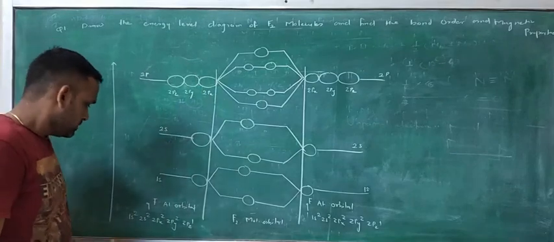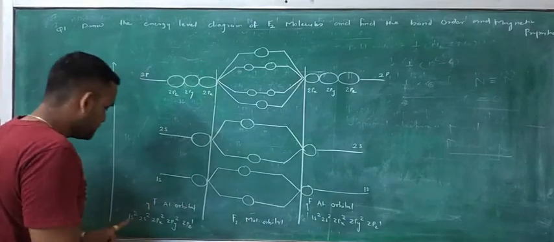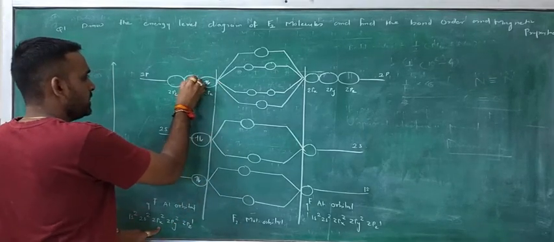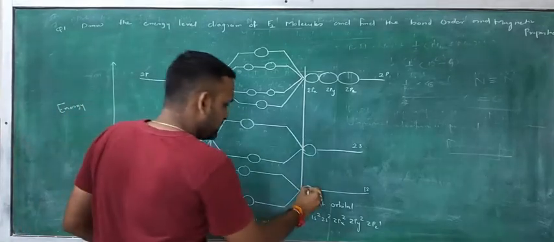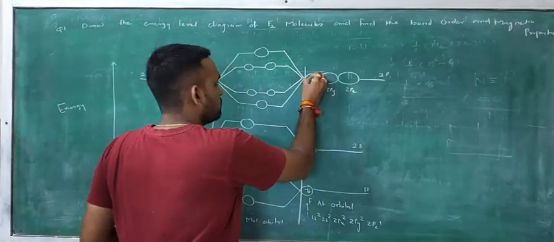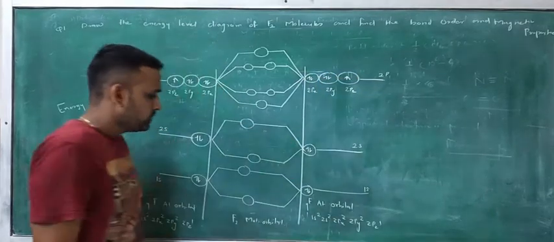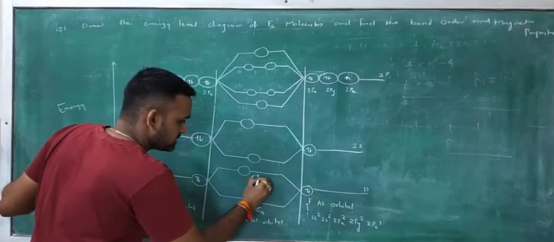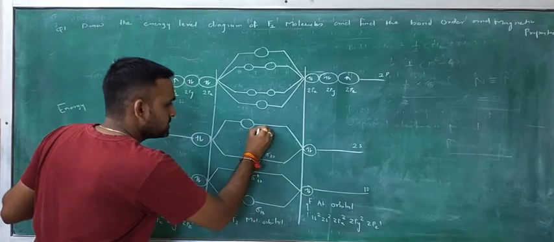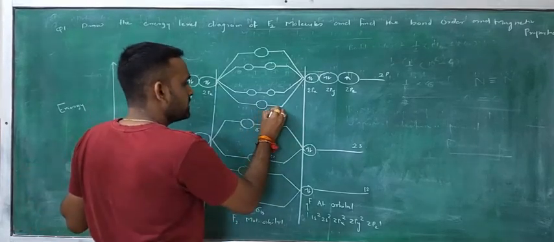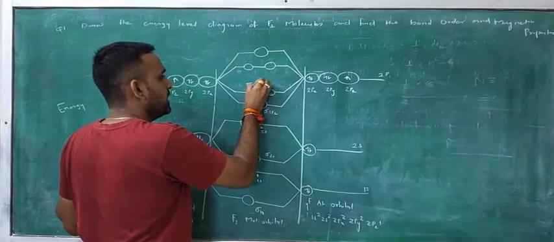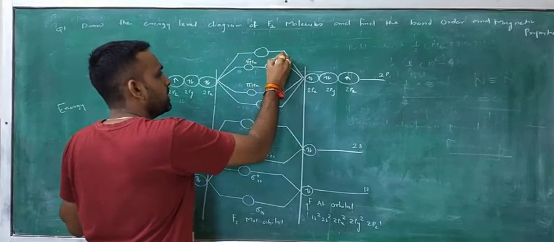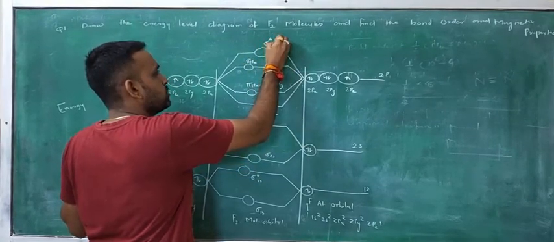Now in the 1s orbital, how many electrons are there? 2 electrons. So I get 2 here. In 2s also 2, 2px 2, 2py 2 and 2pz 1. In the same way here 1, 2, 3, 4, 1, 2, 3, 4 and 5. Right. Now the energy level diagram gives molecular orbitals: sigma 1s, then sigma star 1s, sigma 2s, sigma star 2s, sigma 2pz, pi 2px, pi 2py, pi star 2px, pi star 2py and sigma star 2pz.